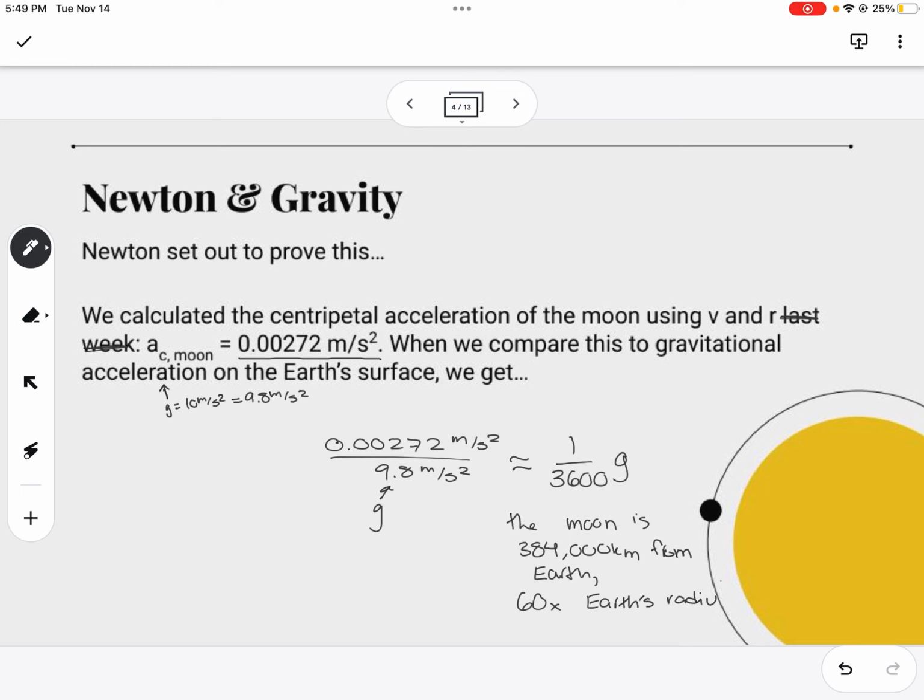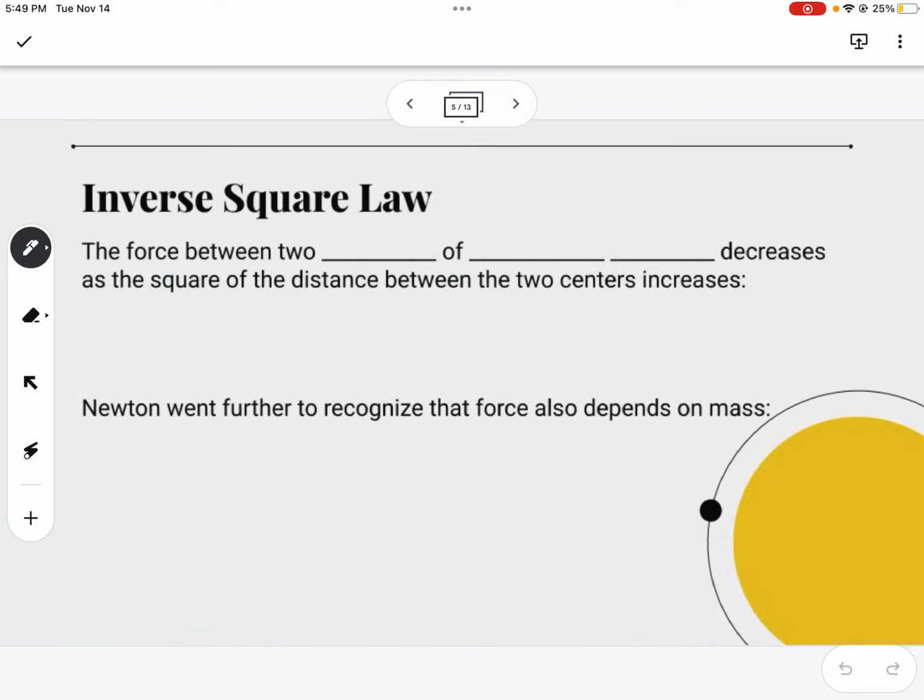So this is interesting because there is a clear link between 60 and 3,600. 60 squared is 3,600. So what Newton did was he recognized this relationship and he said, okay, so the force between two centers of attracting bodies, and bodies we know can mean anything like an object, in this case the moon and the earth, the force decreases as the square of the distances between those two centers increases,